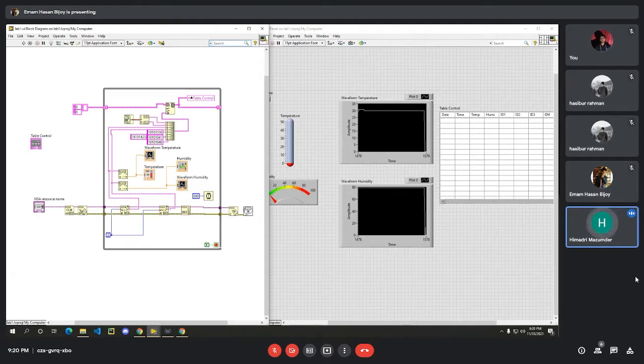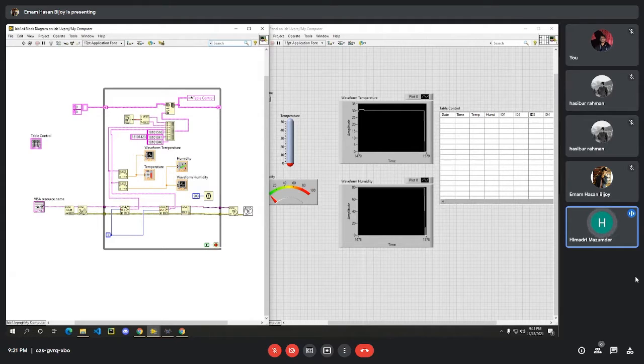Now, we have created a VISA resource for selecting the COM port. We have created a timing delay function to take the data every 500 milliseconds. We have created two string to number functions, as we have two data. We need to use insert into array, and we need to change the shape after one loop is completed. We will create a string constant and array constant and connect the shift register and insert into array so that the array will update and go to the next line after each rotation. Now we will connect the rest of the things to get the data.